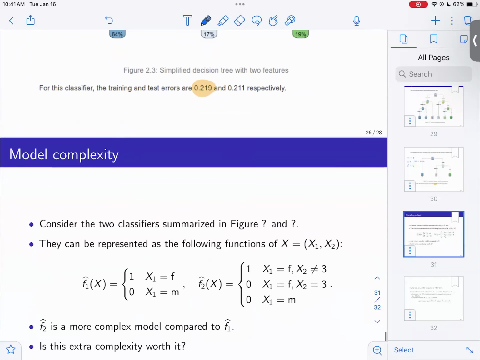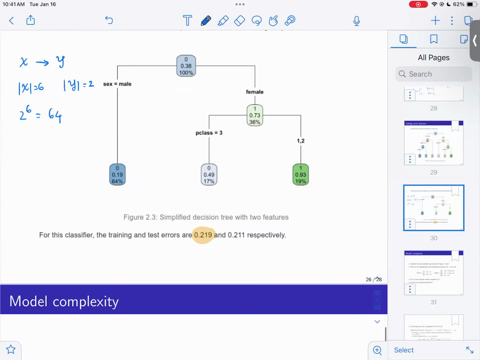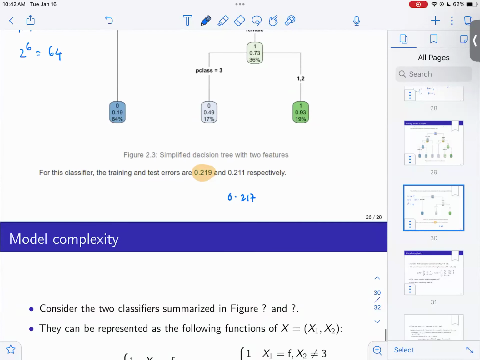So what I want to mention, okay, now questions. I just want to do the statistics a little bit and then move on. Is this really statistically significant? So I have now apparently a better classifier. The test error is 0.211. The one that just does it based on the first variable is 0.217. The difference is in the third digit. So is it really that much better? In machine learning, people fight over these 1% improvements. So can we evaluate this?